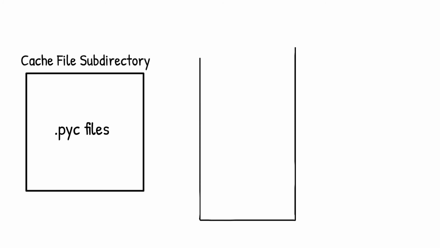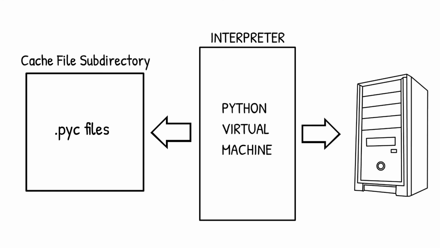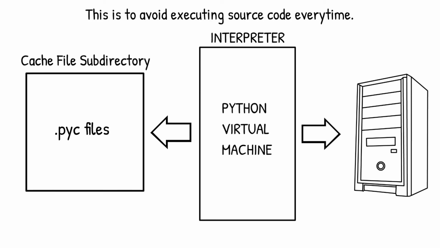To optimize the compiled code execution and improve performance, Python keeps the compiled .pyc files locally, inside a pycache subdirectory, so that next time when the Python code is executed, the interpreter will directly run the bytecodes in the Python virtual machine. This significantly improves Python's performance and speed, as compiling of the code happens only during the first time execution. This is to avoid compiling the source code every time a Python code is executed, and thus improving the performance.